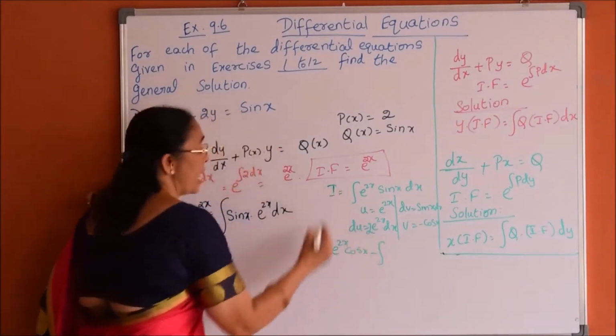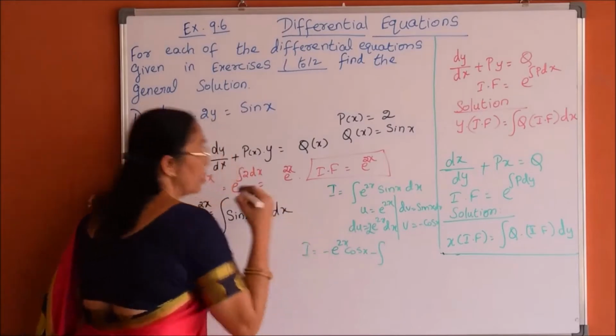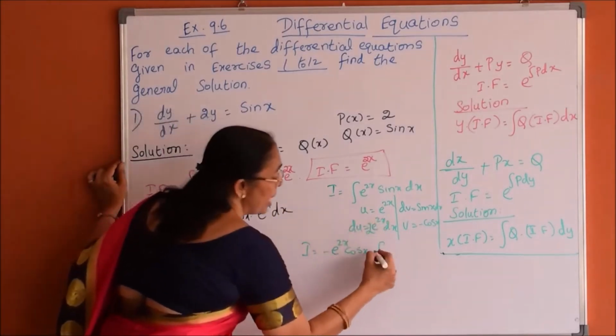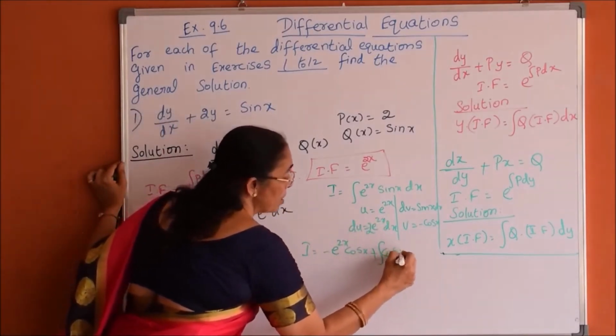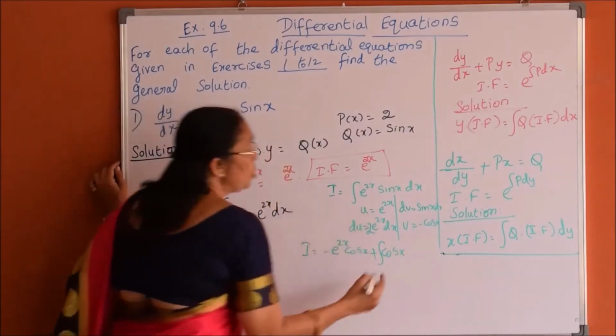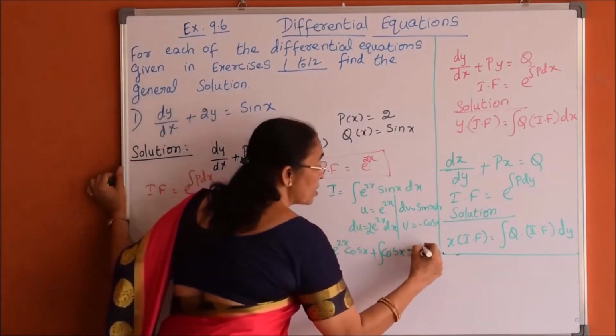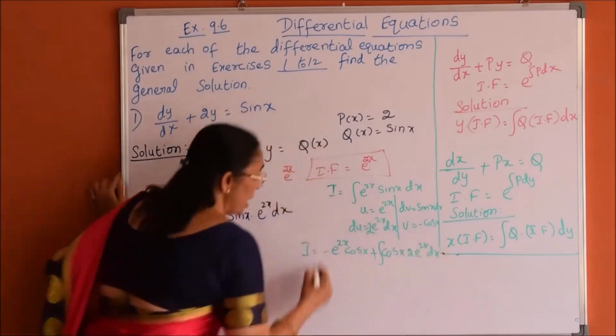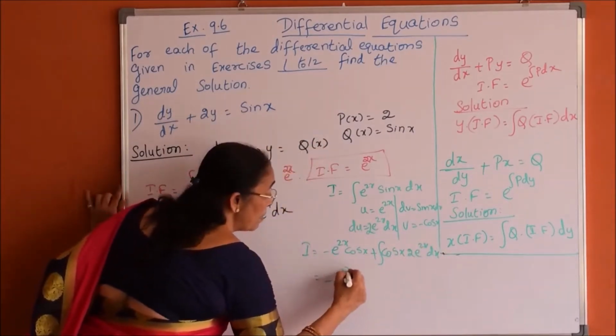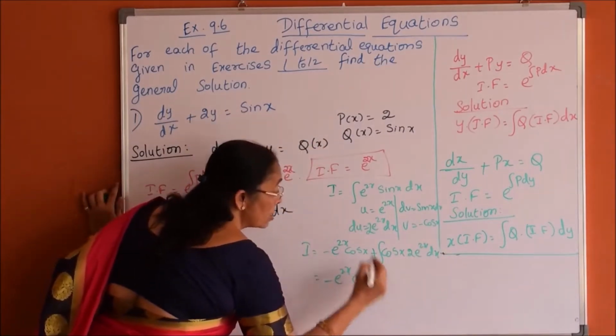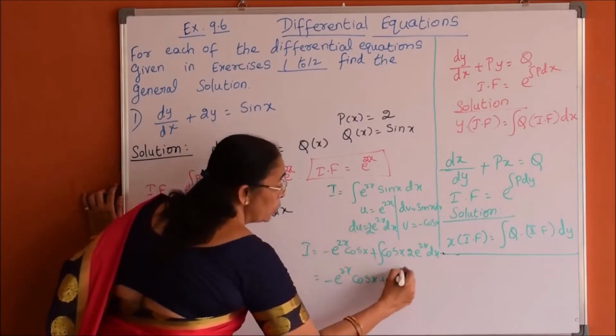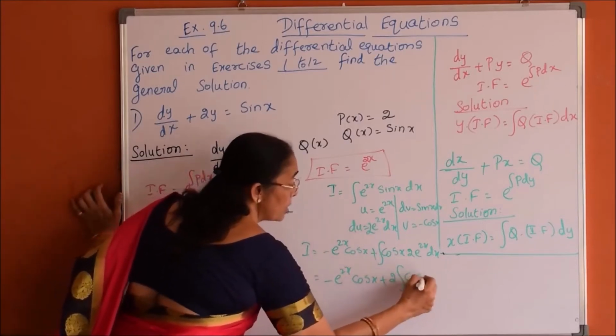So, negative will become plus here, du is 2 e power 2x dx. So, again this is minus e power 2x cos x, 2 can be taken outside, plus twice integration of cos x